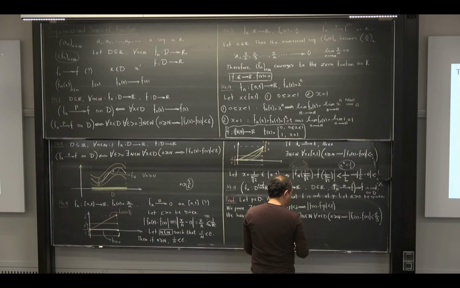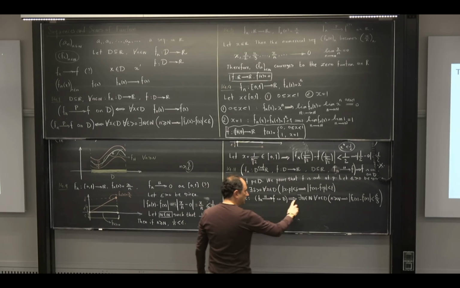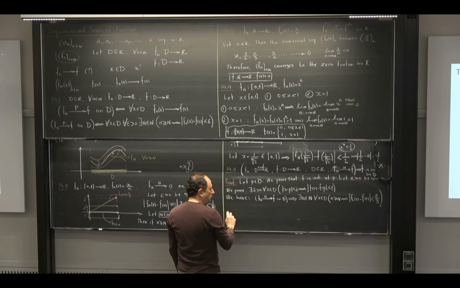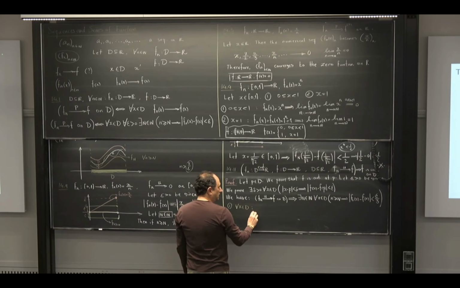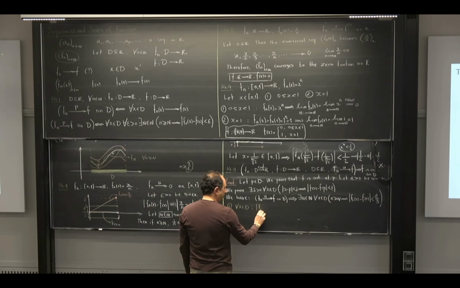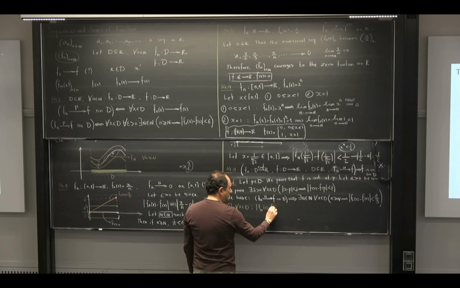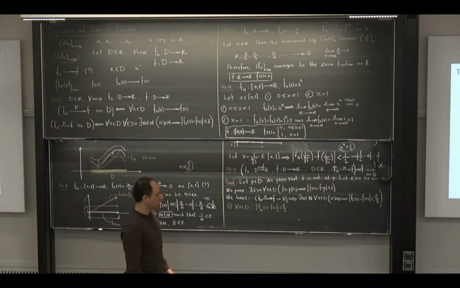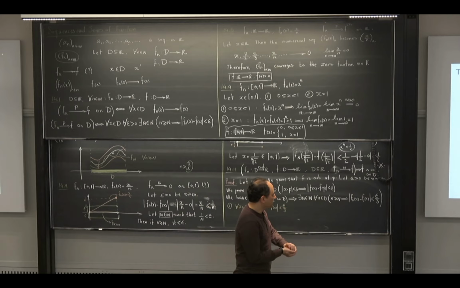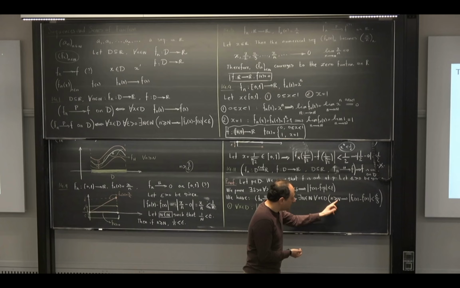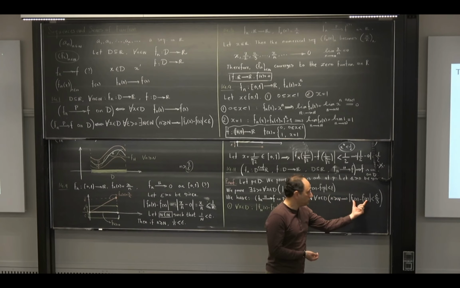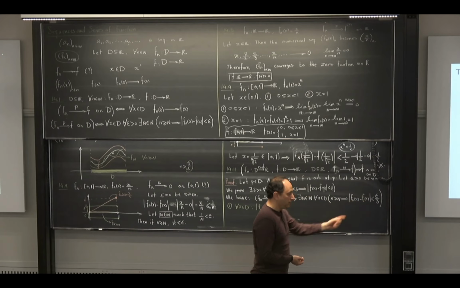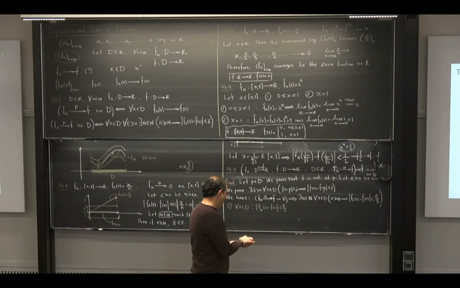Now I want to get 2 immediate consequences of this. First of all, do you agree that what I am writing here is true? Number 1, I would say that for all x in D, the absolute value of f_N(x) minus f(x) is less than epsilon over 3. Do you agree with this one? Is it a consequence of this result? Because it tells you that if little n is capital N itself or greater, this works. So this works for capital N as well, for every x in D. This is one immediate consequence.